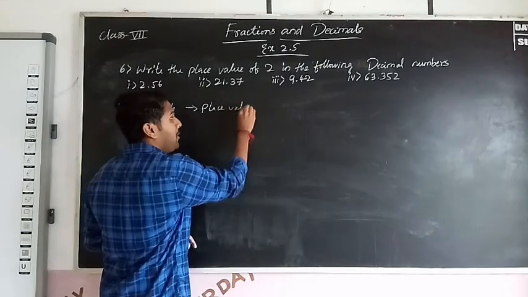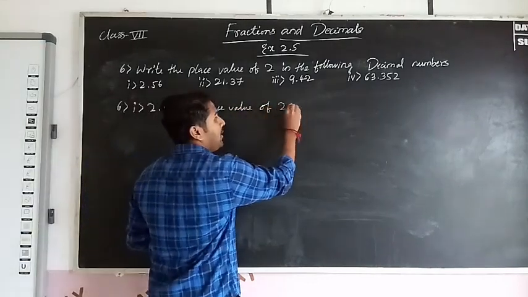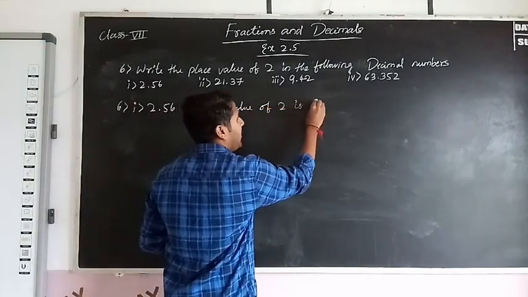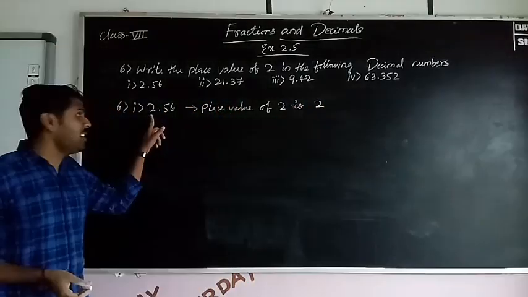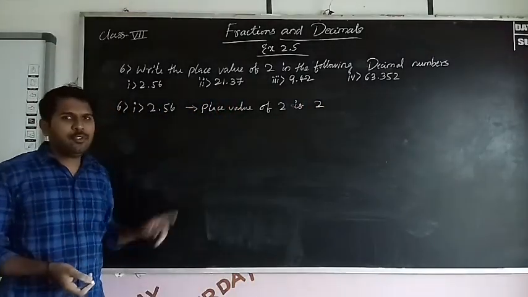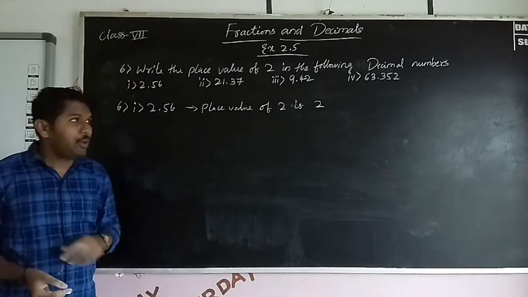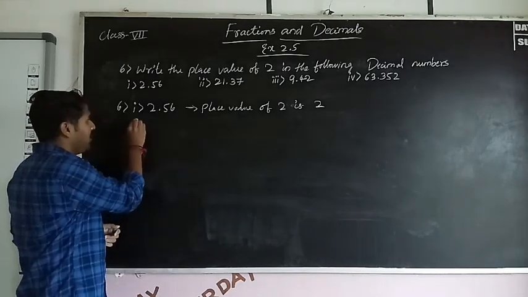Place value of 2. 2 is 2 only. Why? Because 2 is in ones place. So 2 into 1, 2 only. So next, second one,